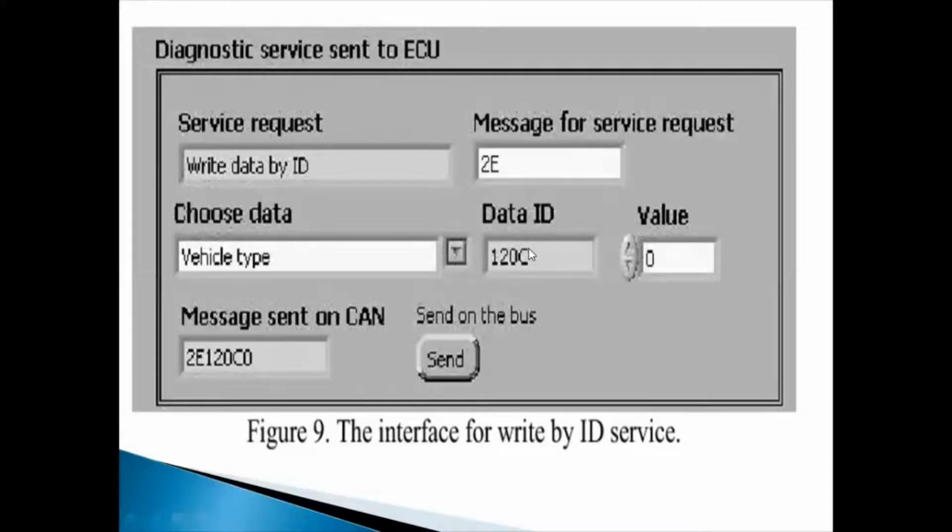DID is always 2 bytes of data, and DTC is nothing but a diagnostic trouble code. It is 3 bytes of data. While you are doing it, you will get to know all this information. Here they are sending 2E, which is the service ID, and 120C is the DID. How you have to identify it means,